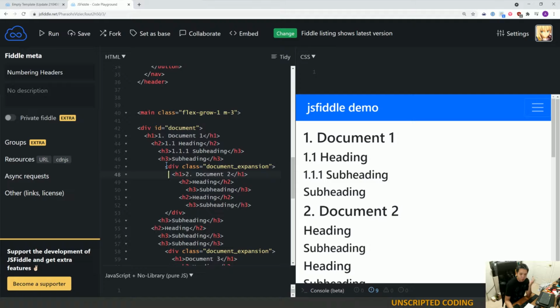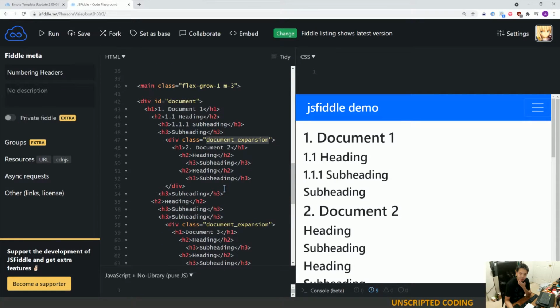The little twist here is the document expansion class that I have. So what does that mean? Well, in my project, what I have are these documents. They're independent documents. And so, for example, I might just get rid of, let's say